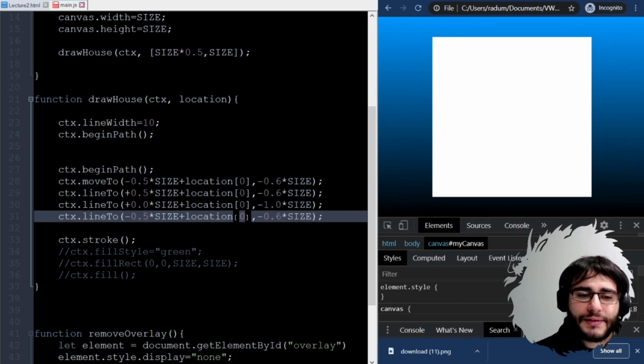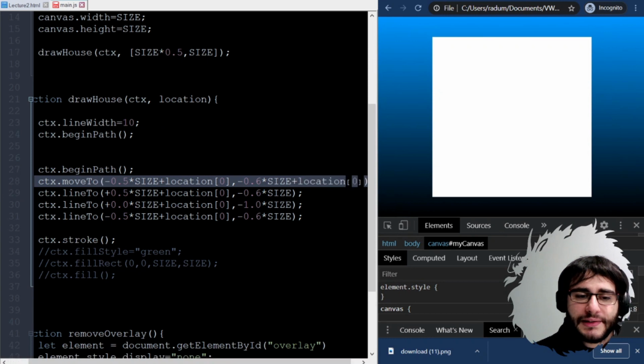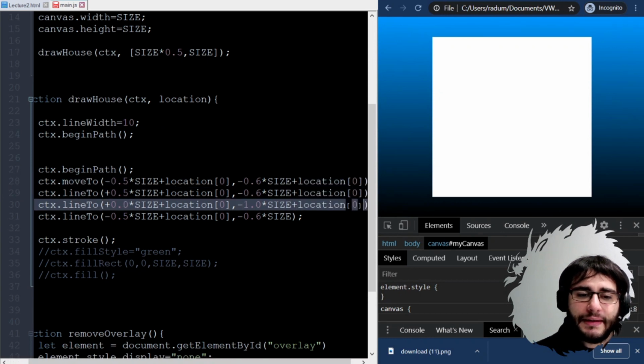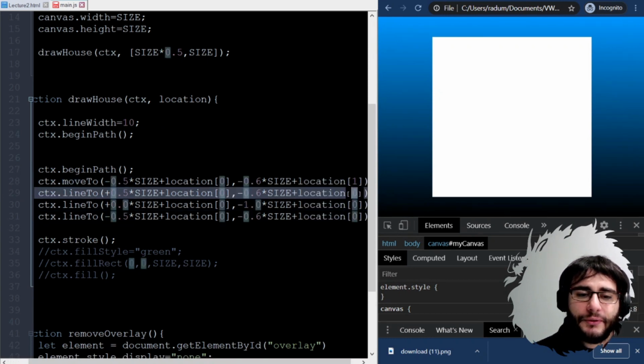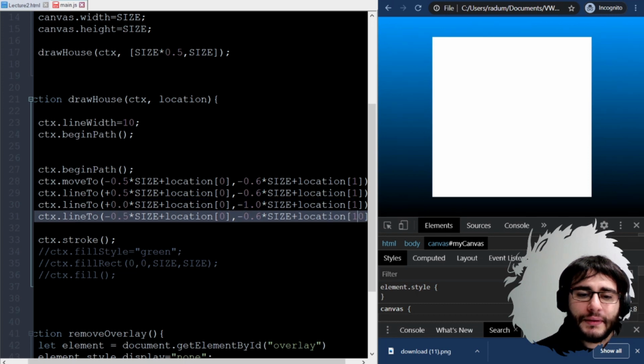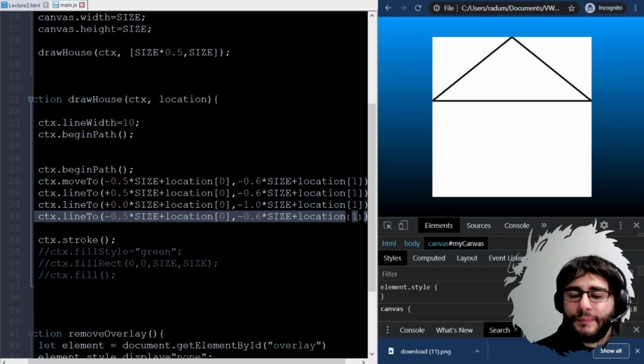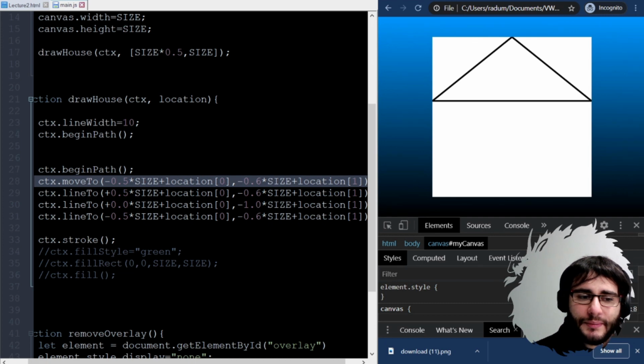Maybe I do that just to demonstrate. This is how you translate basically coordinates if you want, and I hope it works if I didn't make some mistake. Okay, so the roof is there and it works,